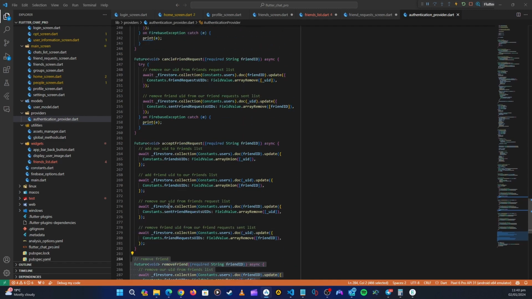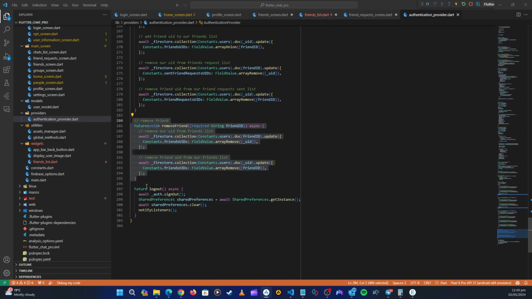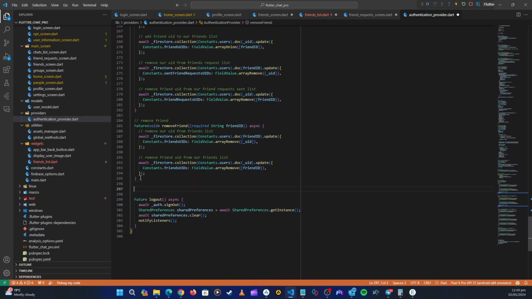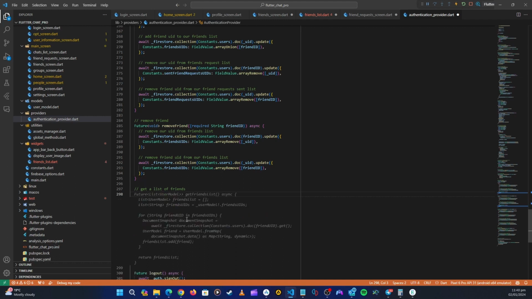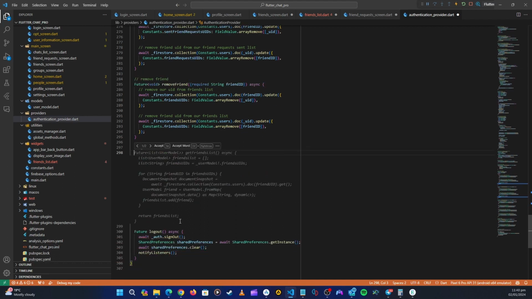Okay, so where are we going to do that? Maybe let's do it down here. Okay, so let's see, get a list of friends. Let's see if Copilot can create that. So okay, looks like what we need. So let's click tab. So here let's see what Copilot is doing. So get a list of friends, so friend list, that's what it's saying, get friend list,